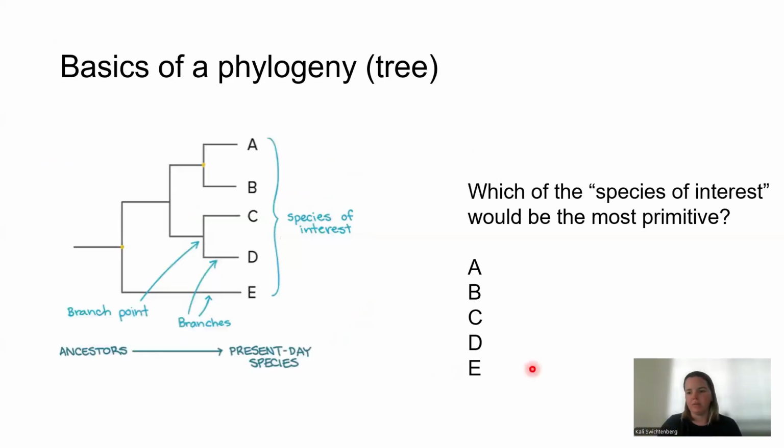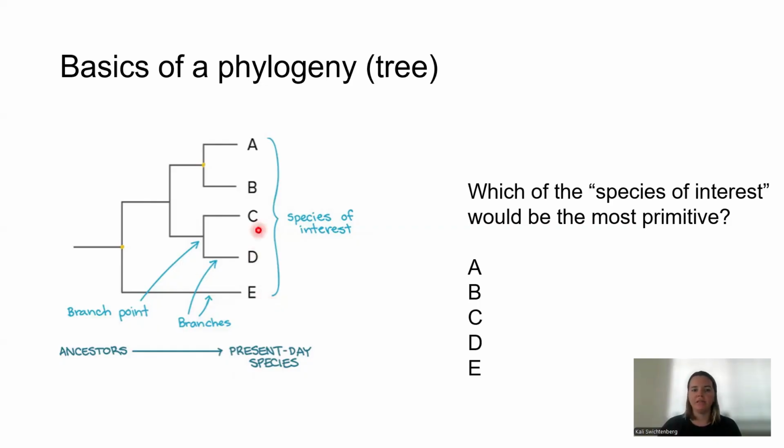So I have a bit of a question for you. Going back to our previous schematic of a phylogeny, looking at this phylogeny right here, which of the species of interest, so which of the tips, would be the most primitive? Would that be A, B, C, D, or E? So you may have said that E would be the most primitive species of interest, and that would actually be